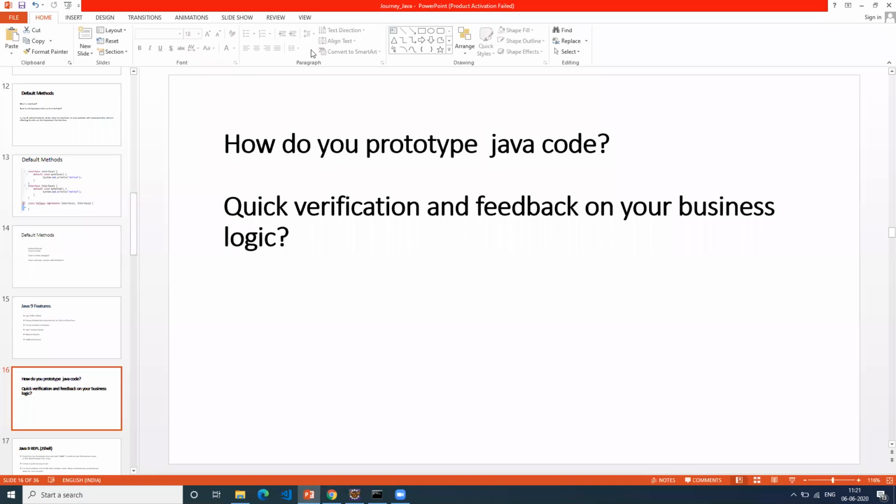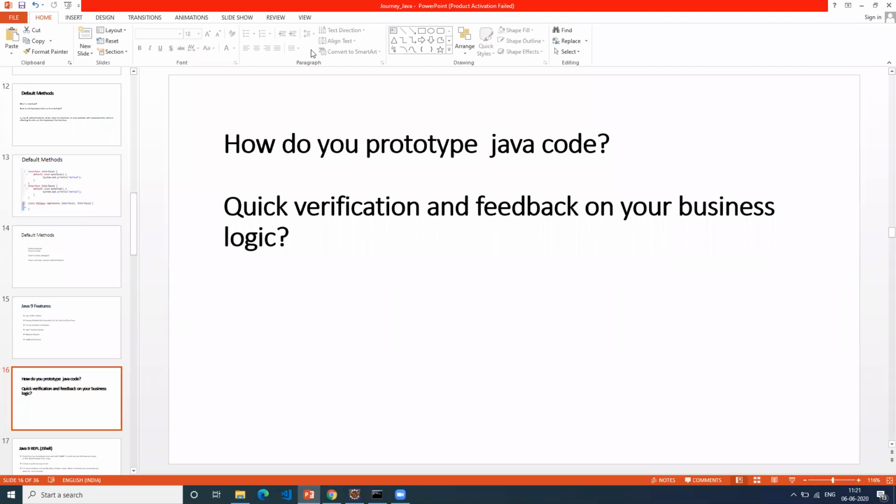So we quickly write the business logic in some other, very simple, easy-to-write environment, and copy that content back into my big application. The biggest advantage is this: if I write directly in my application, which is a huge application, you have to compile, run, and execute, go to your particular flow, and make sure that when you execute that flow you get a result, and you have to put in a debugger and do all these experiments.